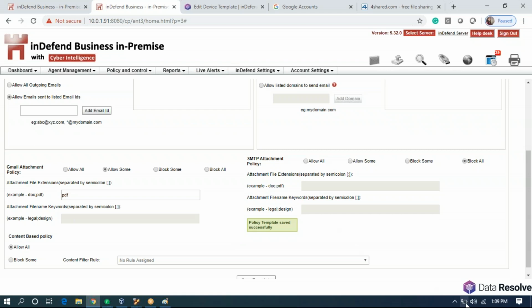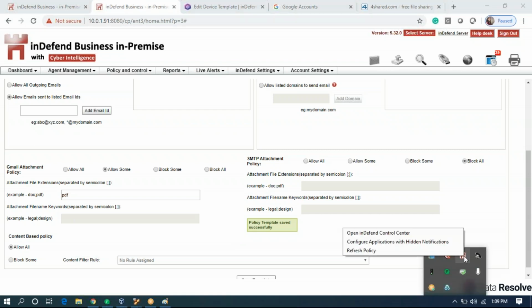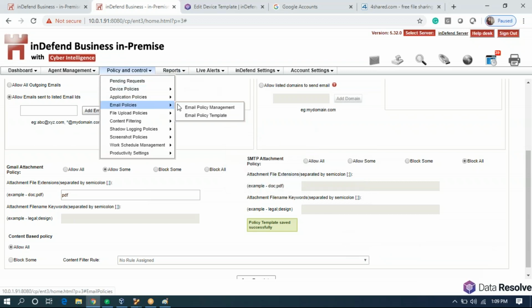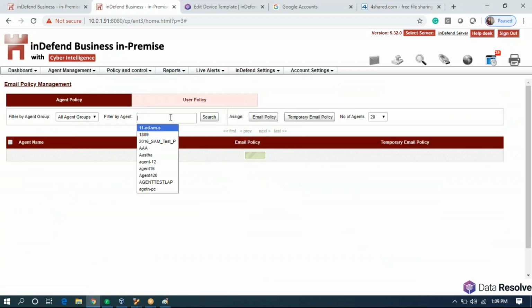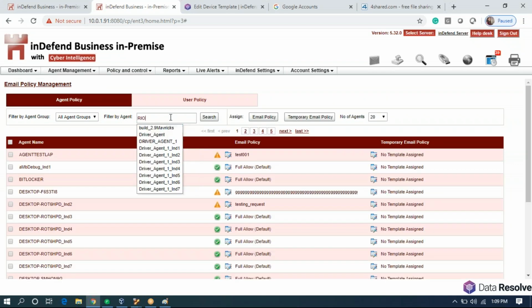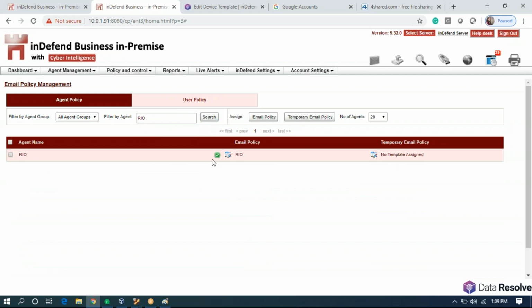I'll save this template. We will sync the policy. It's synced.